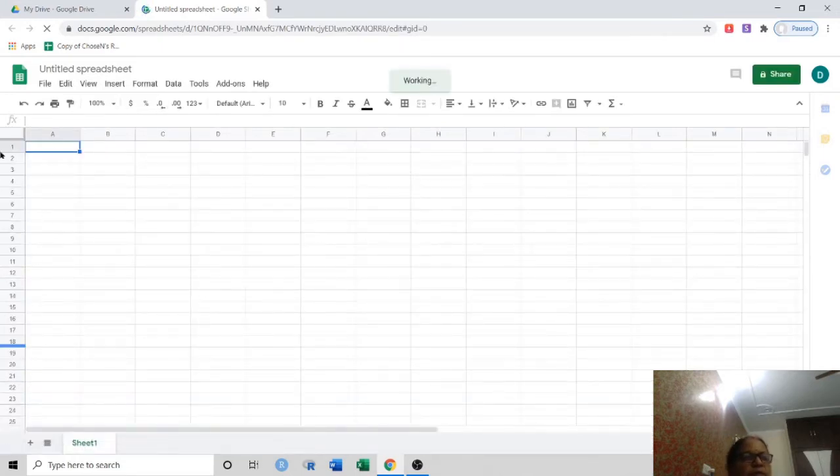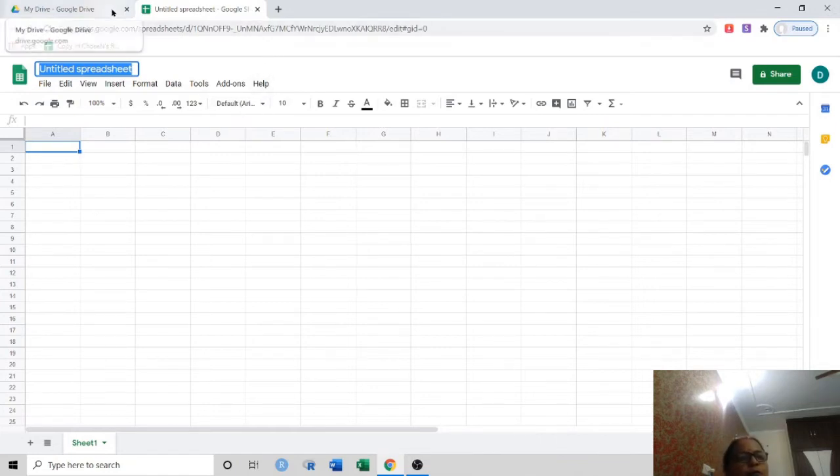Now this is how a Google spreadsheet appears. There are columns, there are rows, there are cells in each column, and here is the untitled spreadsheet written over here. Here you click and you can give any desired title to your spreadsheet. For your convenience, I have made two spreadsheets. In one spreadsheet, I will be telling you about all the basic formatting that we have to do in a spreadsheet. And in the second spreadsheet, we will be formulating the results for which these spreadsheets are really useful.